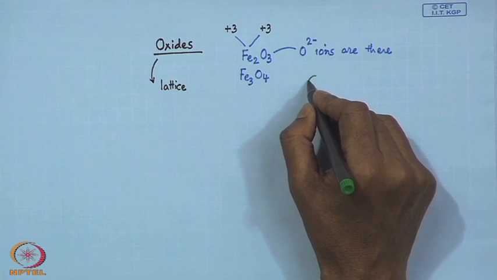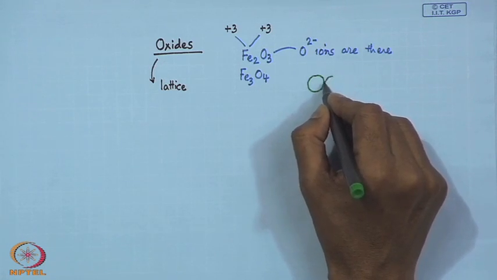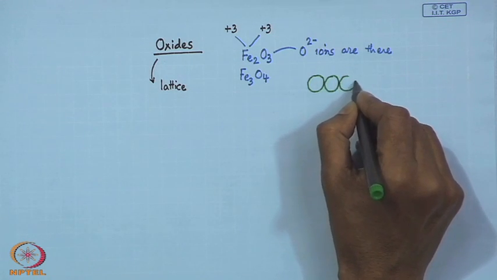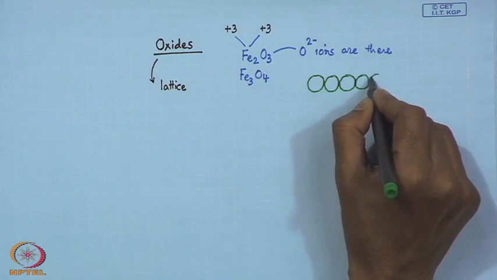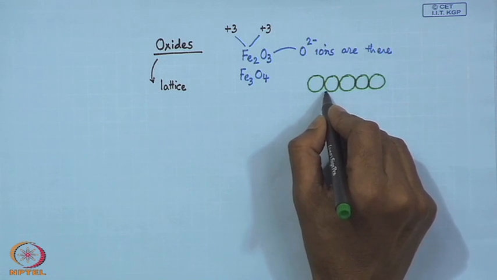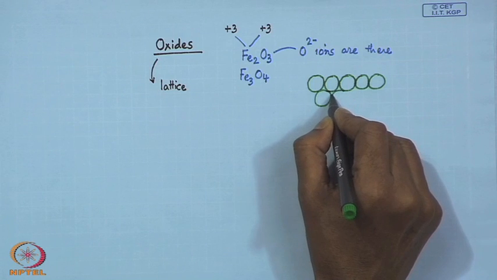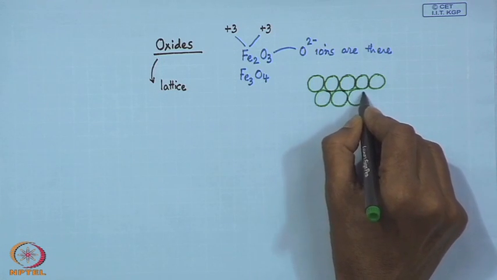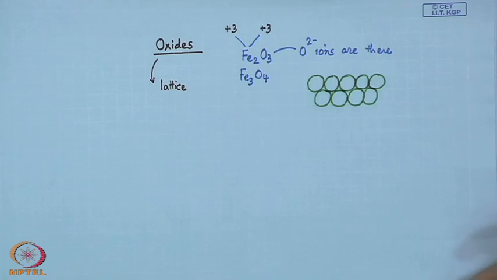That means, if we consider these oxide anions as good spheres, these spheres will be side by side to form a close packed arrangement, and this particular arrangement tells us that if we can